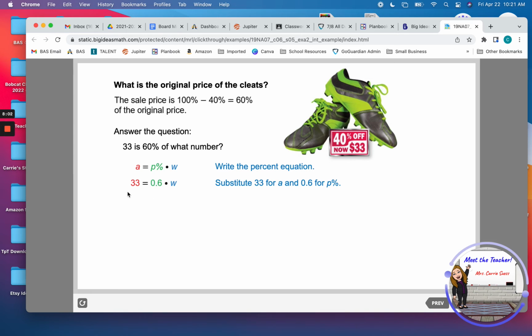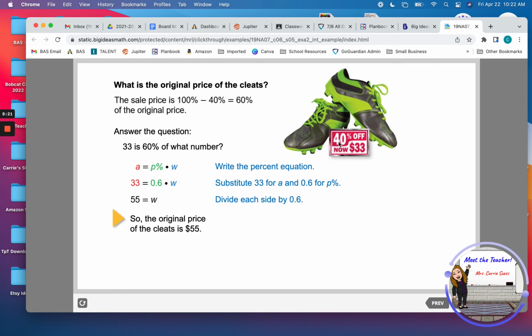We're going to divide 0.6 over to the other side. 33 divided by 0.6 is? 55. So the original price of the cleats is? $55. Okay, now this one you do have to be careful and make sure you are switching the percentage,